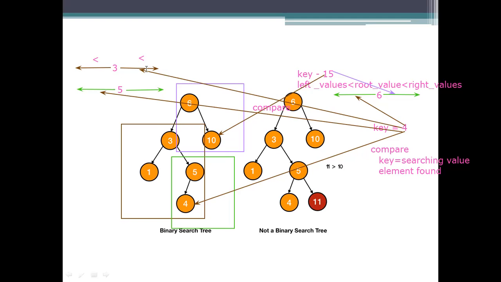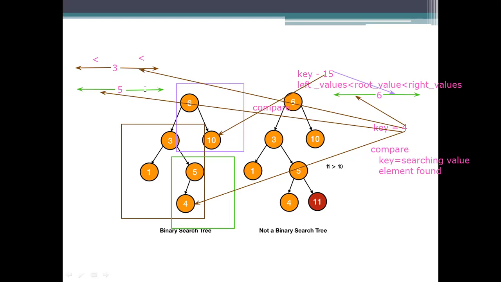So the temporary root nodes we are considering will follow the basic rule like this only, and we need to go to whichever side the comparison has to be done to specify whether the element is there or not. Here the element present in 4 is greater than this value, meaning 3 is less than the values present on the right side. So we need to go for the right side of this left subtree. Okay, and this is not a leaf node, meaning it has children. Then make it a temporary root node, and the procedure will repeat itself.